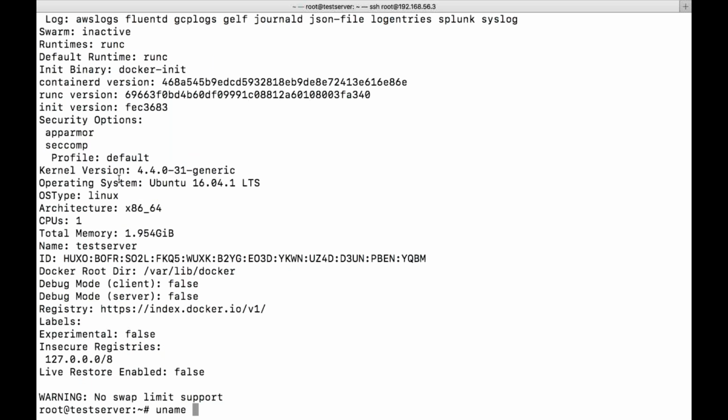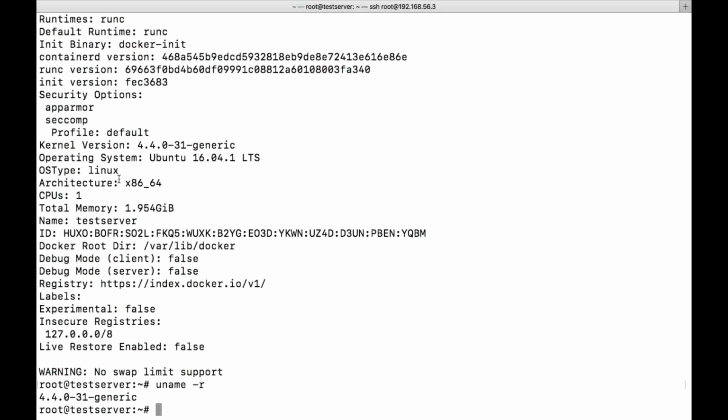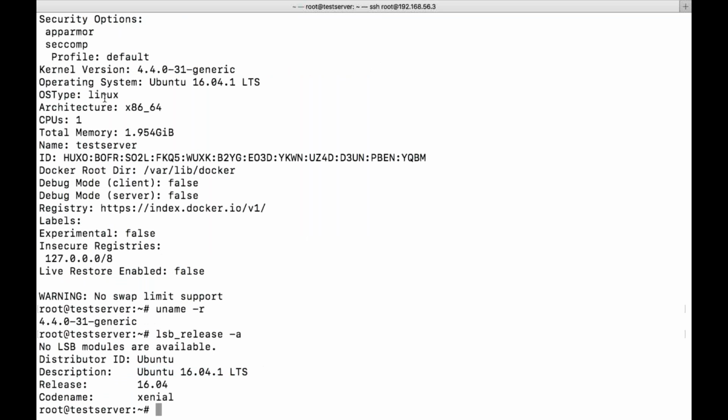You can see it here. And the operating system, you can see it via lsb_release -a. This is my operating system, Ubuntu 16.04.1 LTS version, OS type Linux, and then the architecture, a 64-bit operating system.